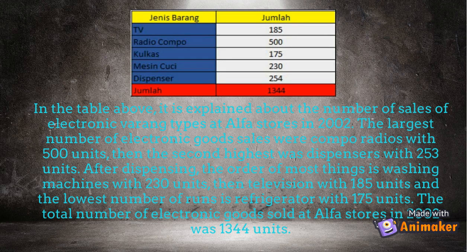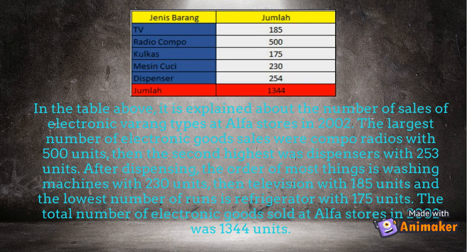Example of table. One-way table. In the table above, it is explained about the number of sales of electronic goods types at Alpha Stores in 2002. The largest number of electronic goods sales was air conditioners with 500 units. Then the second highest were dispensers with